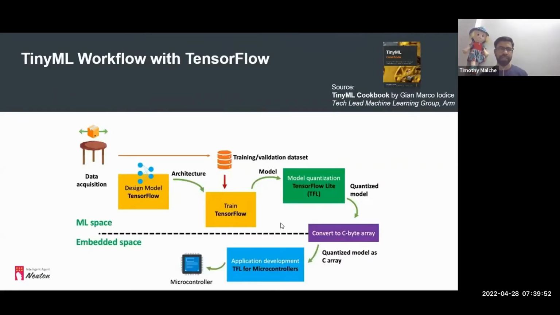So let us now discuss the TinyML workflow using TensorFlow. TensorFlow, you might have all heard about it, is developed by Google. TensorFlow also allows you to create TinyML models. Here I'm going to discuss the workflow, how you can use TensorFlow to build TinyML. And the diagram which you are seeing in this slide is taken from a very popular